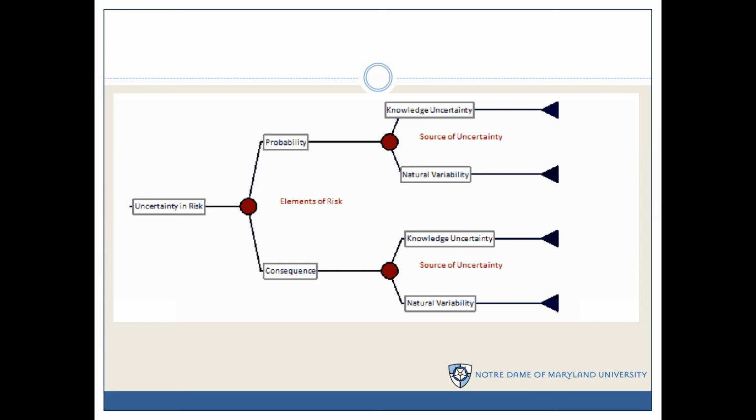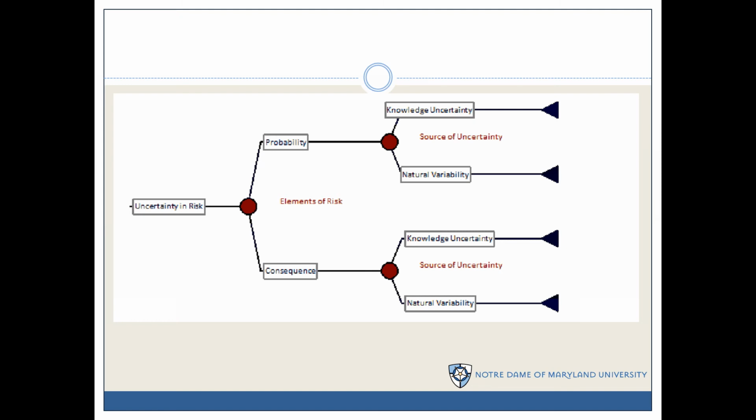When will the next flood occur? How long will it last? How much time will there be between floods? All of these things are uncertain for a variety of reasons. There's also uncertainty about the consequence of a risk associated with any sort of hazard. So once again, if we're talking about flooding, we might not know what the total damage would be. The total damage might vary depending on the time of year, and so the consequences would also be subject to